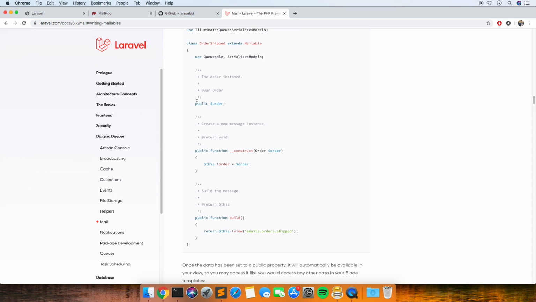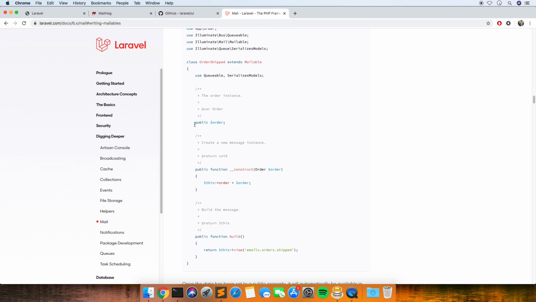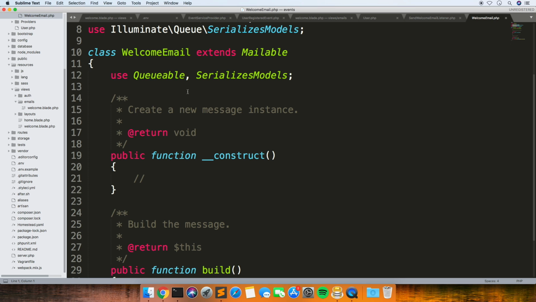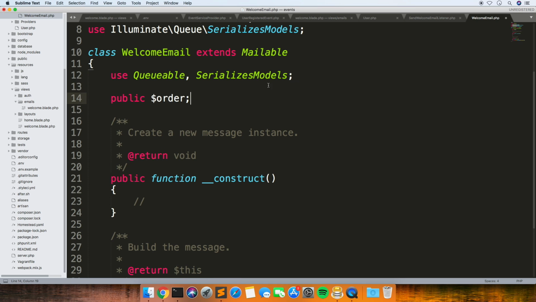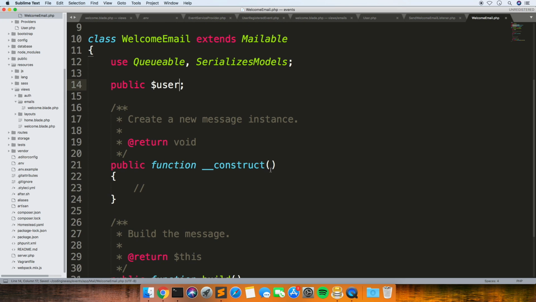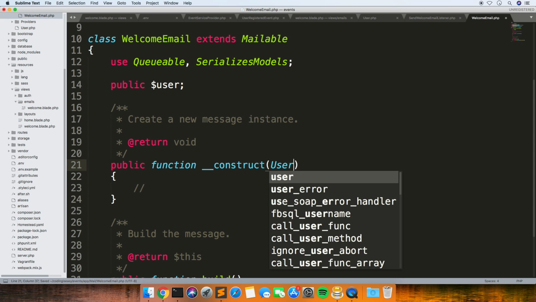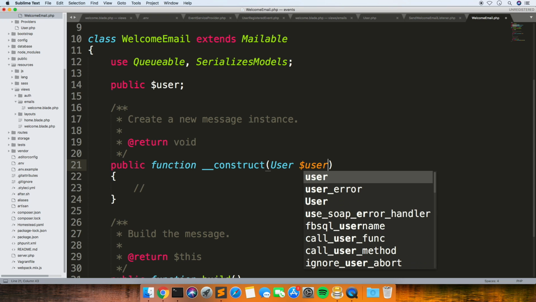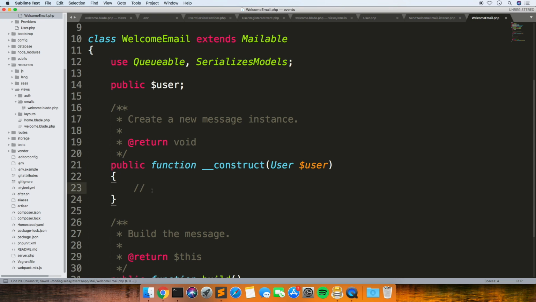Yeah. So we need the public user. And then we just do just the same as what we did on the listener. Or the event, was it? Yeah, the event.